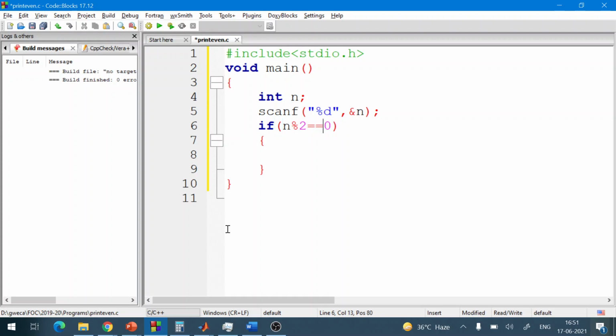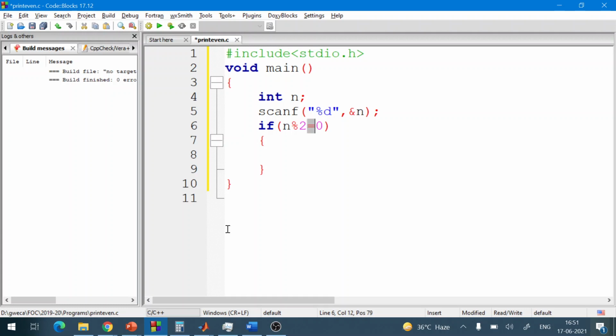Now see here, there are two new things available for you. First, this is the modulus operator. And what does the modulus operator give you? The modulus operator always gives us the remainder of the division. So n divided by 2, and if the remainder is 0. Now some of you may think why we have not written it like this.